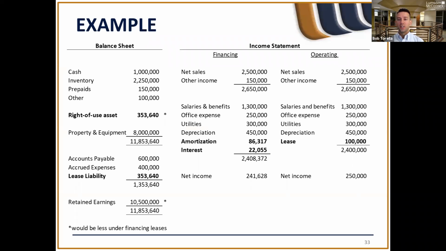Now, this does impact, year to year, as I mentioned before, but if you look at it in the aggregate over the term of the lease, your net income will be the same combined over the 5-year period. It's going to be lower in the first year because of the effective interest method under the financing leases, but it will be higher, let's say in year 5. So it evens out over the term of the lease. But this is where you can see it could have an impact on your P&L.